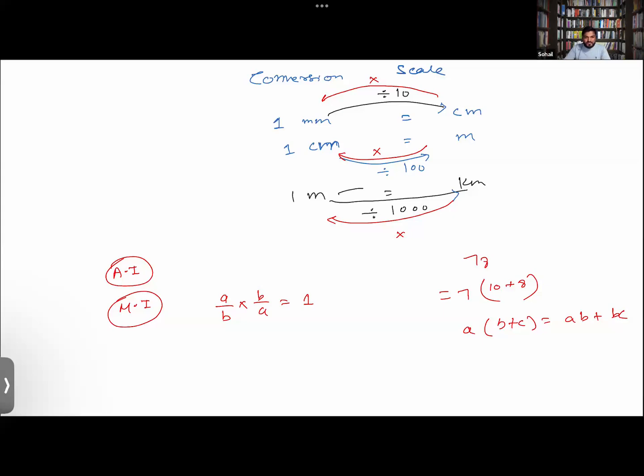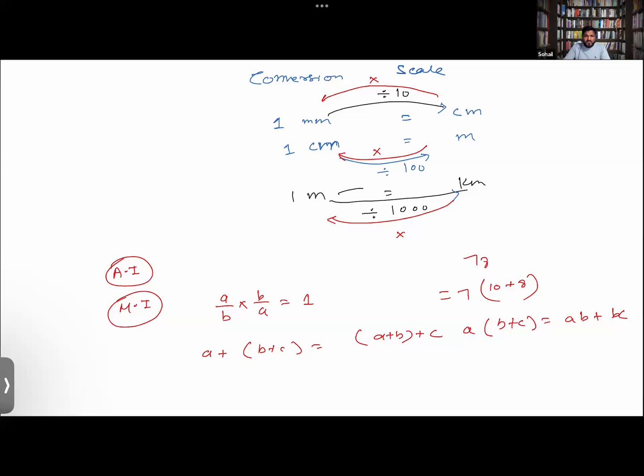Associative property of addition is obviously true. Yes, sir. a plus b plus c equals a plus b under the bracket plus c. Okay. By the way, is associative property applicable for division? No, sir. For subtraction? No, sir. Very good. Okay.